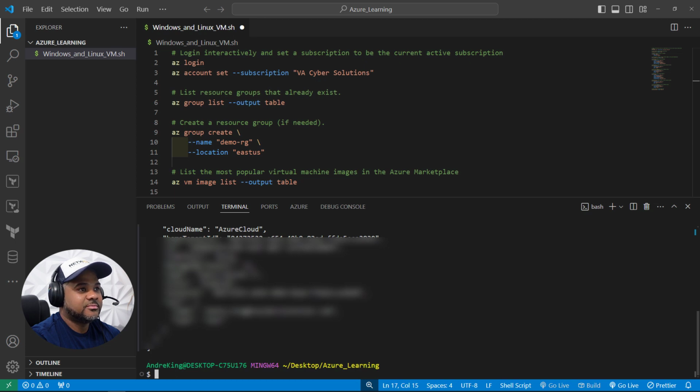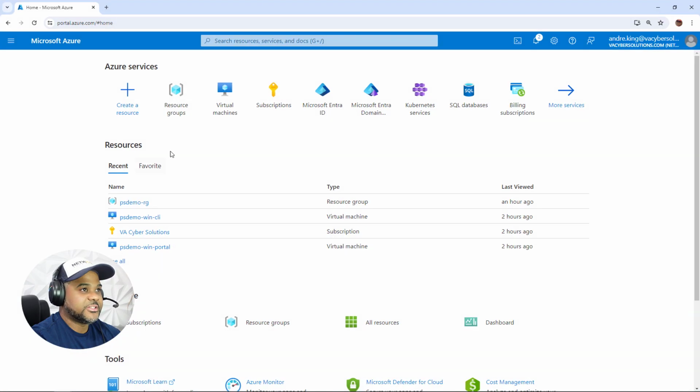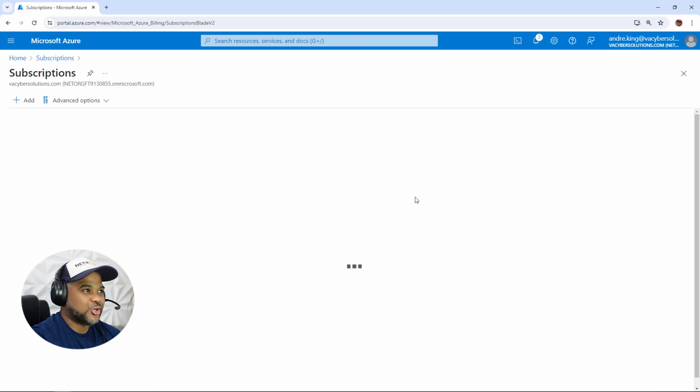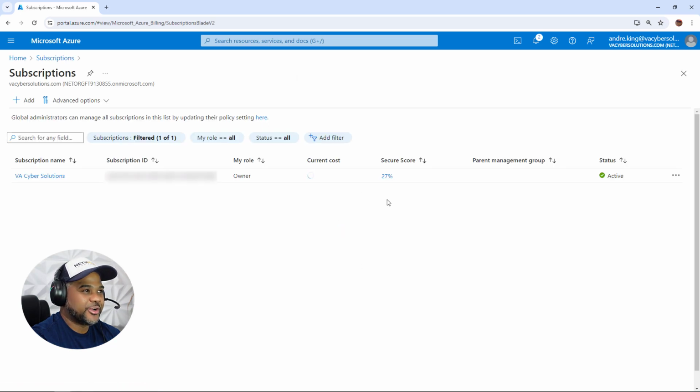So I got some pertinent information there about my account. And then here, if you're running this one, you're going to have a different subscription name, so you can insert that as you please. If we go to subscription, this is just going to be, I guess you call it the canonical name, just a straight up name that you can see there.